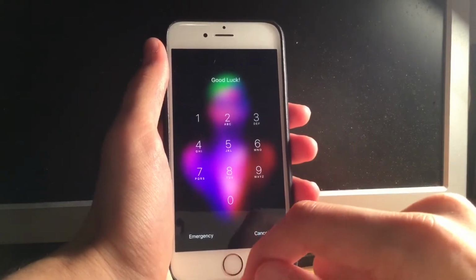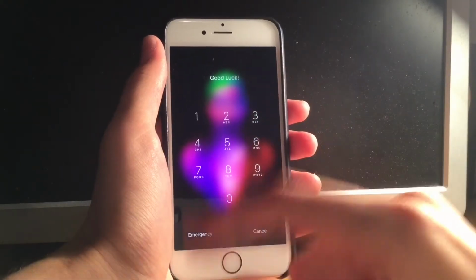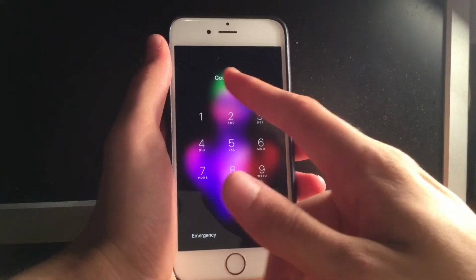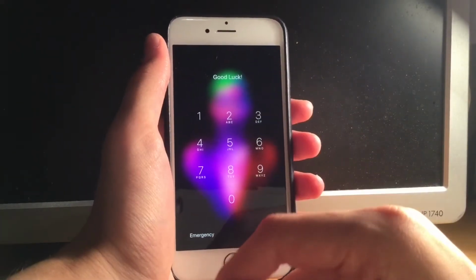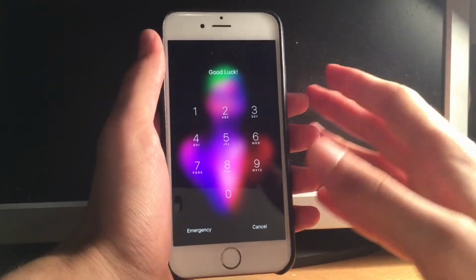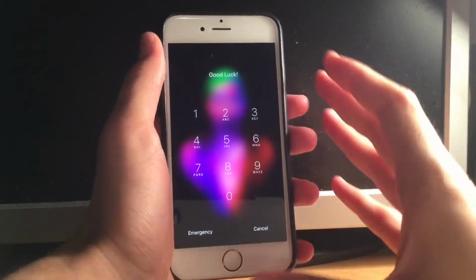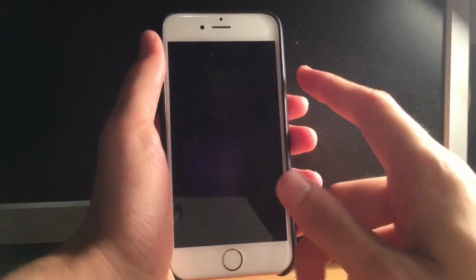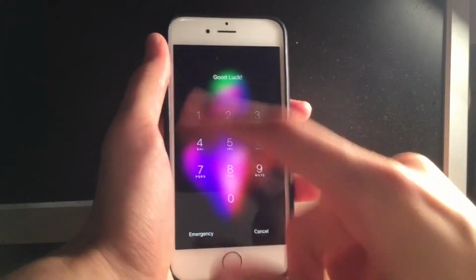And the custom text is due to a tweak called Hotdog. Hotdog allows you to basically change the text on the passcode screen. It allows you to do many other things as well, but I don't use it for other things. I just use it to make my custom text.